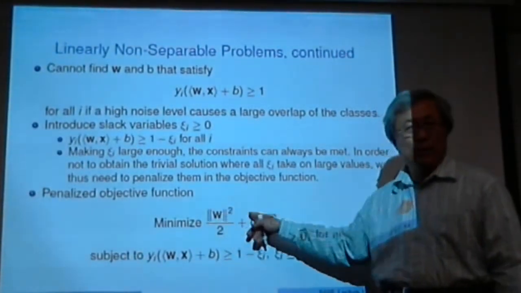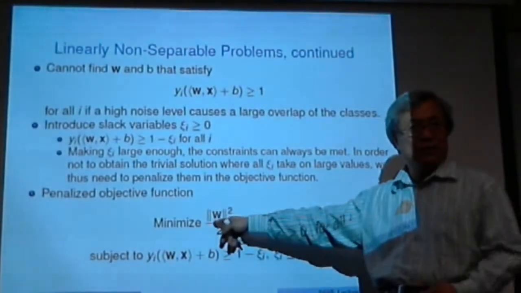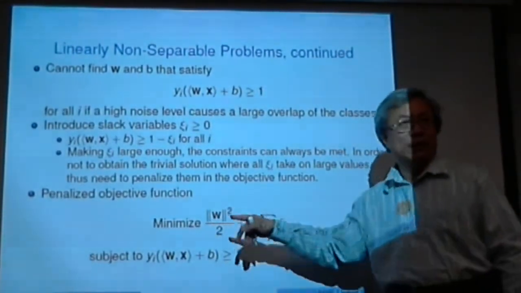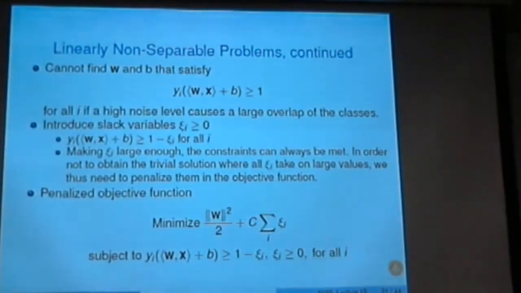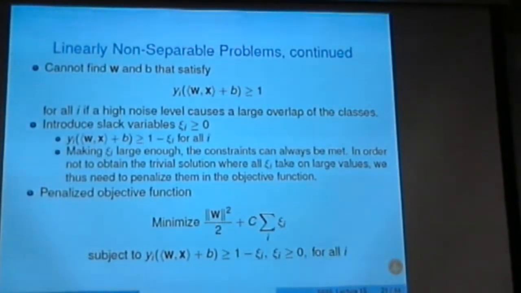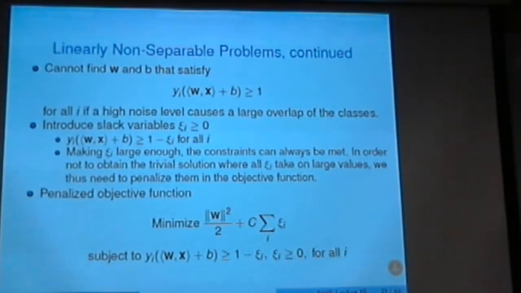Instead of penalizing this, they reduce the objective function by subtracting some constant. The other one is minimizing, by minimizing this, they introduce some constant times nu, plus 1 over n, and subject to